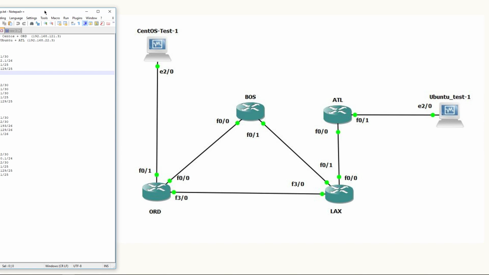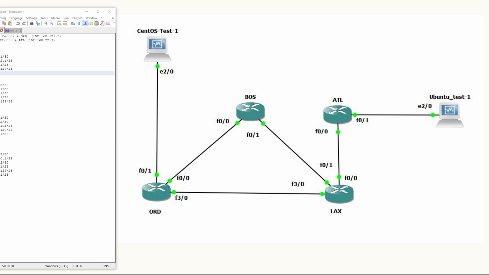And then what I'm going to do is log into, let's say, the CentOS, log into LAX using telnet and see the result. But first,